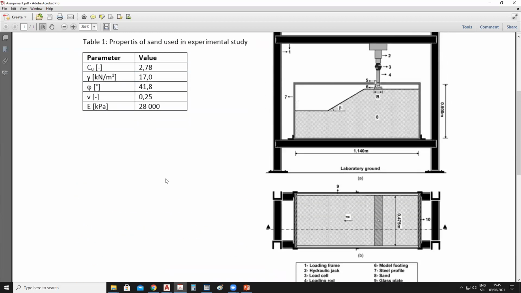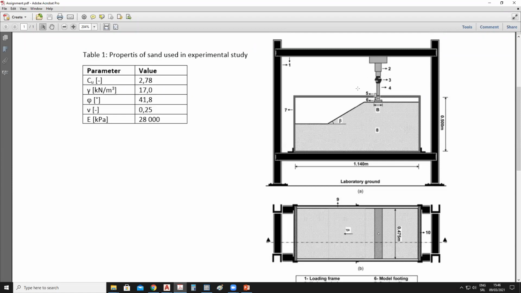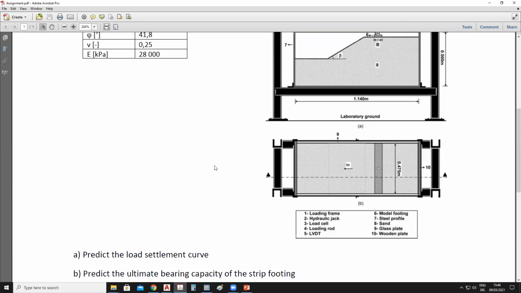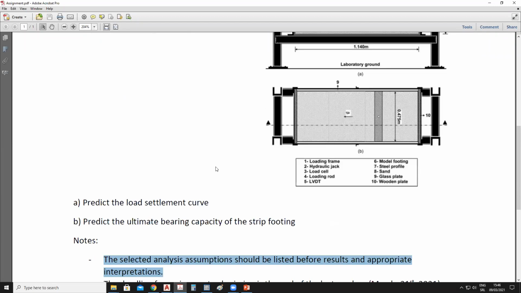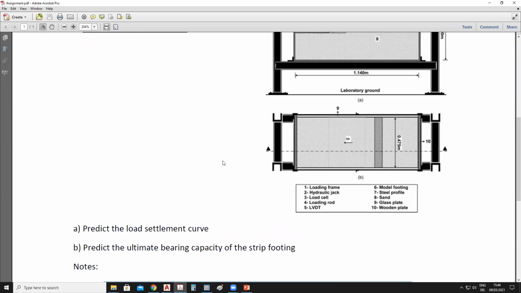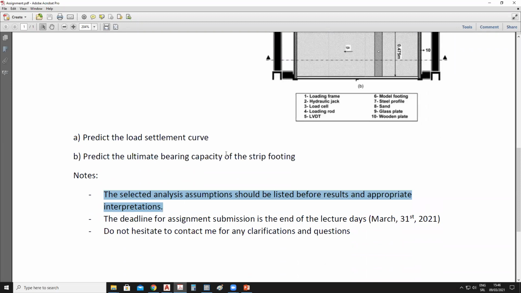If you use some analytical or empirical solution from the literature, you'll have to say, I use this empirical approach, this analytical solution defined by this author from that year, and this is the expression he suggests. I combine this beta angle, this width, and this distance from the edge, and I get this information. If you want, you can do not only one approach. You can use two approaches. You can try to compare a numerical with an analytical solution, with some limit equilibrium solution. You can do whatever you want, but you should have at least this load settlement curve and the value of